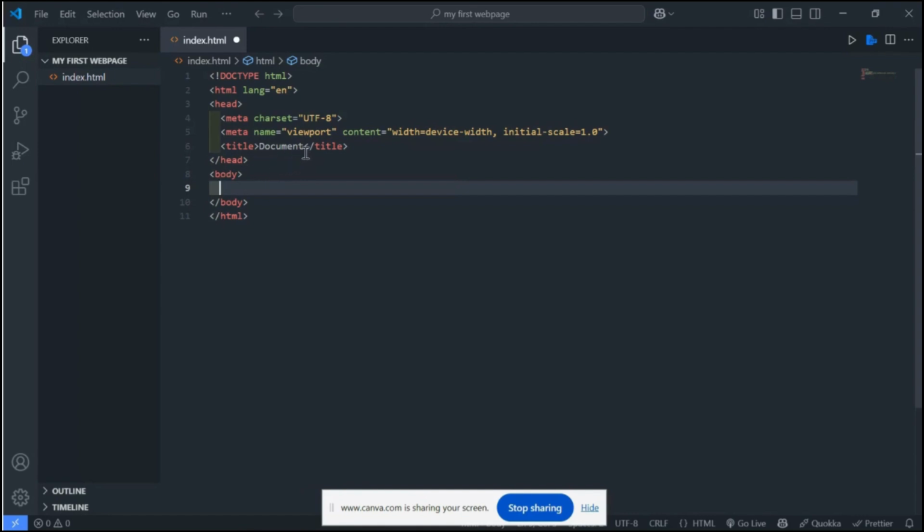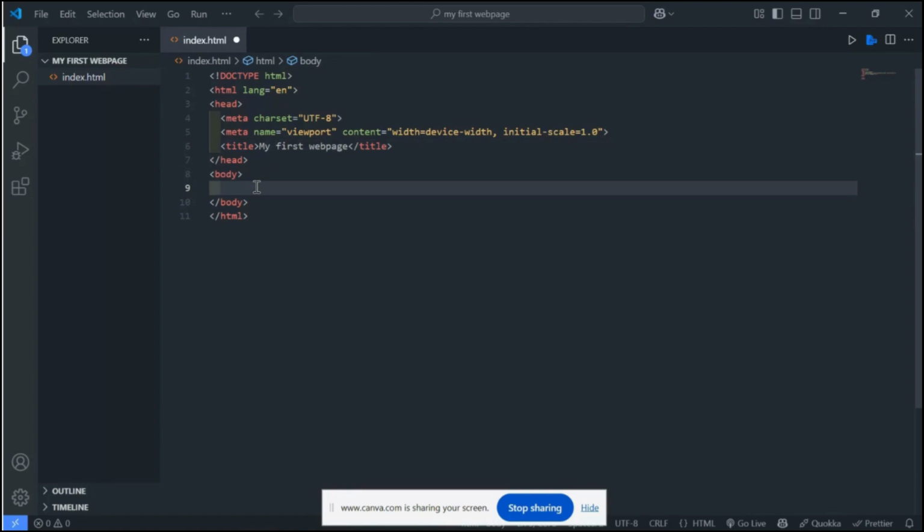What I'm interested in here is the document title. So I'll click on the title and write my first web page. Then I'll come down to the body and write a few lines of code.